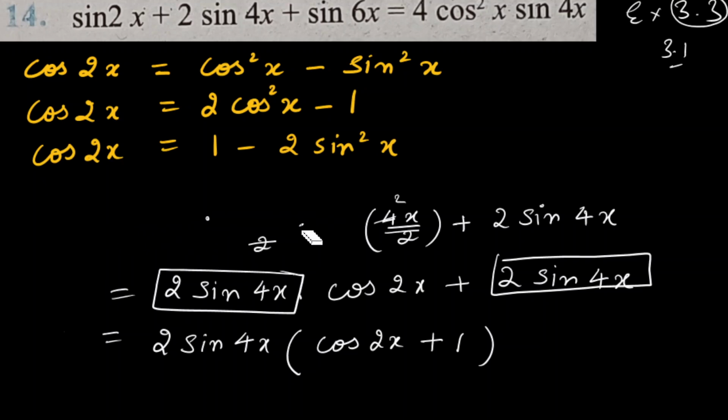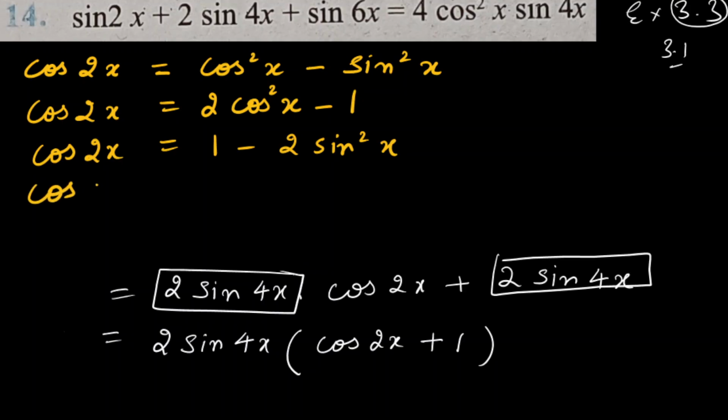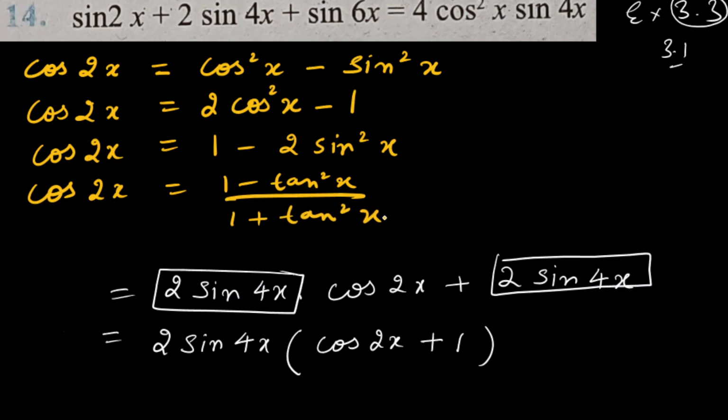So here are a few formulas, which you can memorize one by one. I am giving you all the formulas all at once. I haven't given them from the start. We have done so many formulas in this exercise, so a few formulas I am giving you, not all together at once. So cos 2x is also equal to 1 minus tan square x by 1 plus tan square x. So for cos 2x, I have given you all the formulas. Okay, so these four formulas.